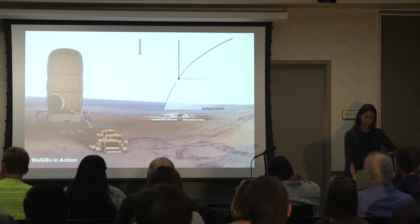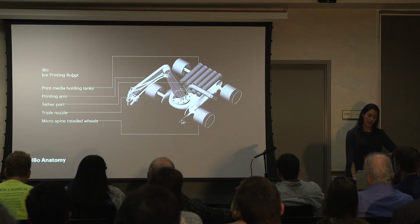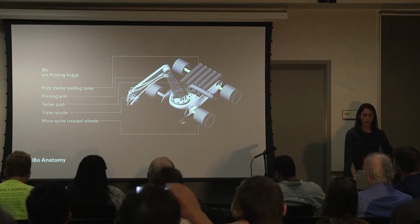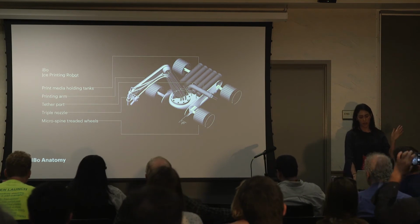So the water is extracted as ice and then melted. The water ice is extracted as a solid and then melted as water, and then the IBO, the ice printing robot, would deposit the water as vapor to the interior of the pressure membrane. So the IBO is an ice printing robot with